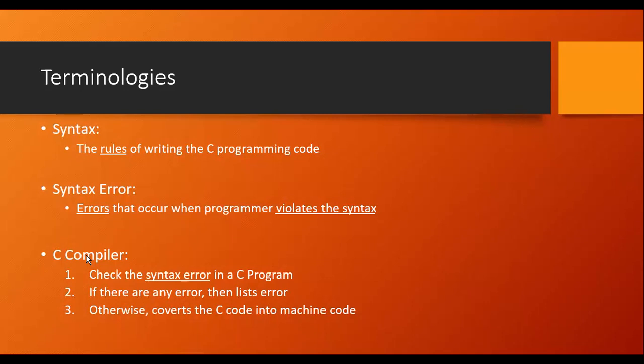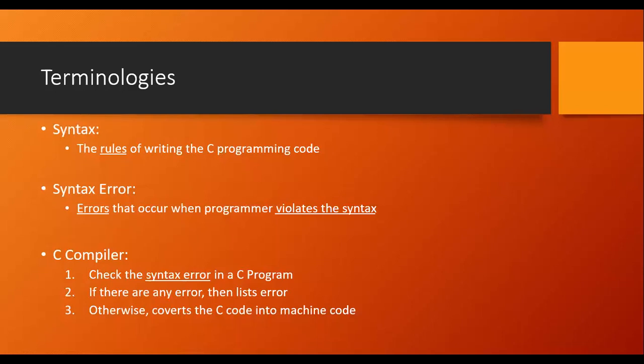So what is a compiler? A compiler is nothing but a software. For C programming, we need a particular software which has to translate the programming language code into machine language code. We know that C is a high-level programming language. What do we mean by high-level? It means the code, if written in a high-level language, is more easily understandable by the programmer or human beings. But the same thing cannot be directly used by the computer, because the computer will not be able to understand it.